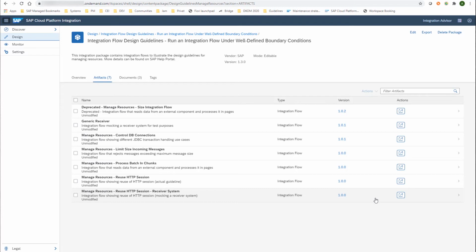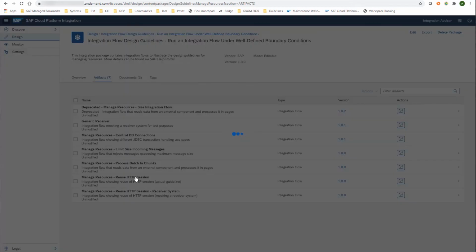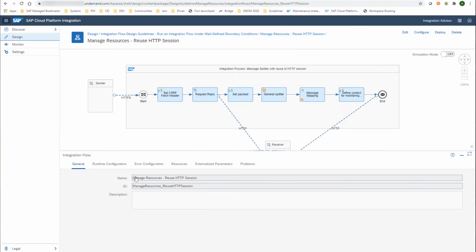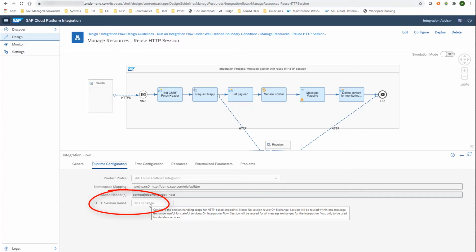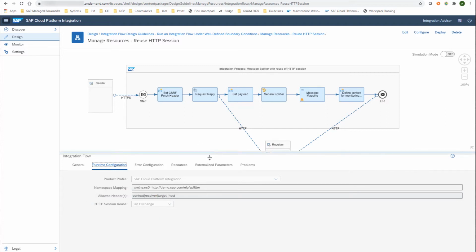So now let's go through the integration flow model where we have implemented the actual guideline. This is this one. I switch to the Run Configuration tab, and here you can see that we have defined the HTTP session reuse on Exchange. So you have three options: none, on Exchange, or on integration flows. If you choose on integration flows, you would then reuse the HTTP session across exchanges, but for this very same integration flow model. So our receiver here is CSRF protected,